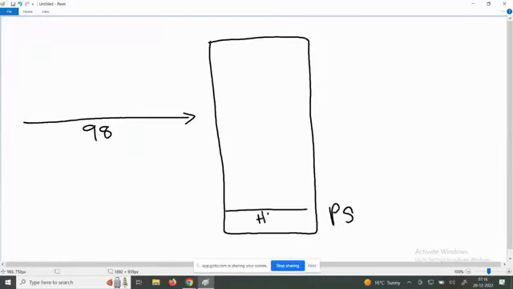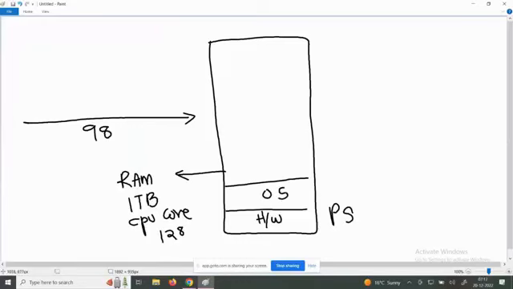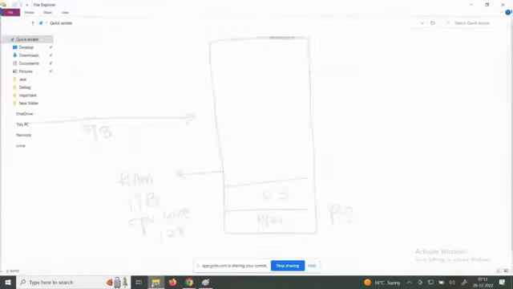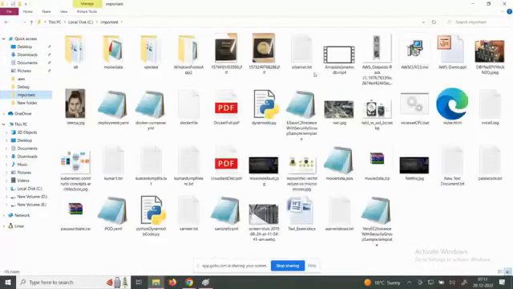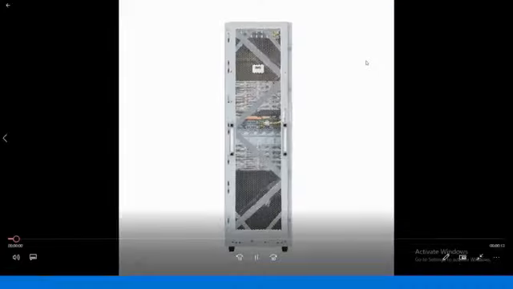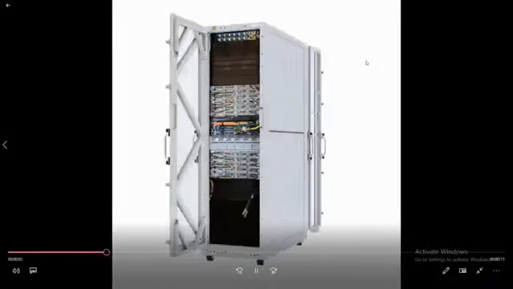I'll go and provide hardware, but this time I'll not go for simple hardware. What is this hardware? RAM. How much RAM have I purchased? 1 terabyte. How many CPU cores? Example, 128. This is not a small server. It's a big physical server. I will start installing the operating system. Sir, how does the physical server look? Let me show you. Like this. Is it clear? A big box. I will purchase it.